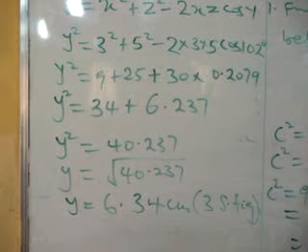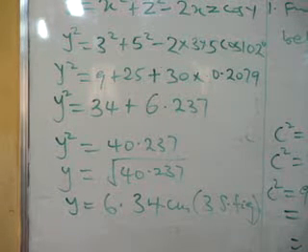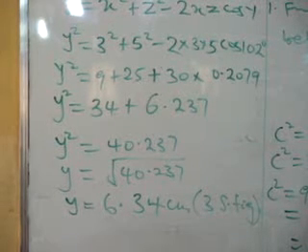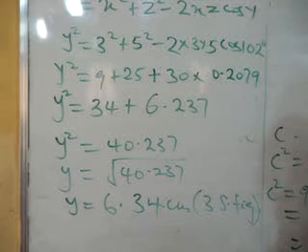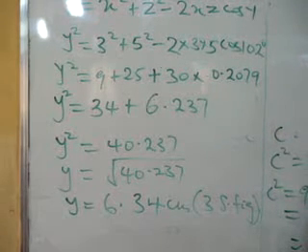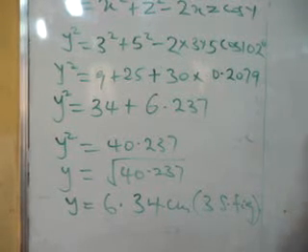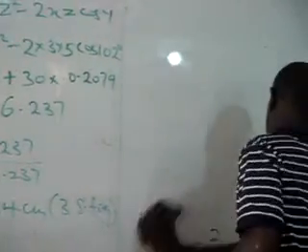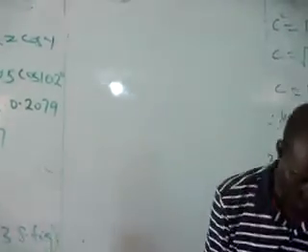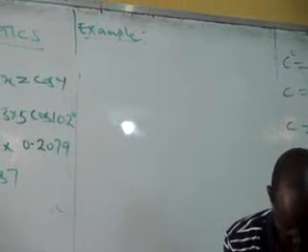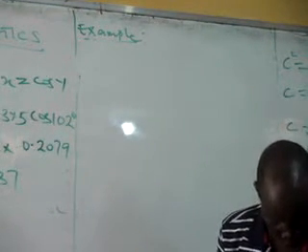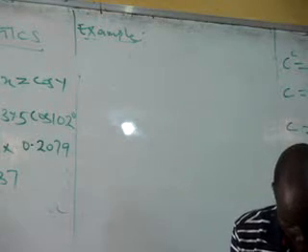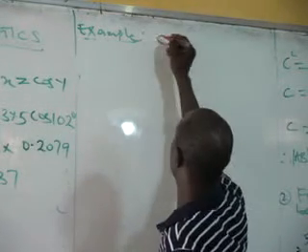So that is that again. Now you can use your cosine rule also. Apart from using it to find the side, we can use it to find our angles. So let's look at another example now. That will be our example 3. Calculate the angles